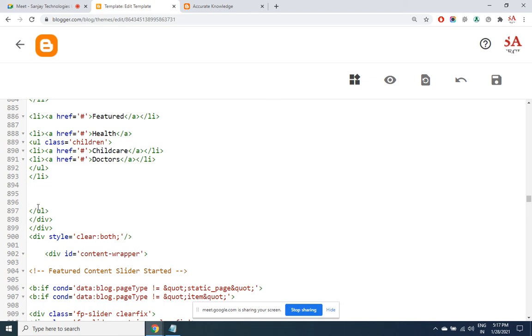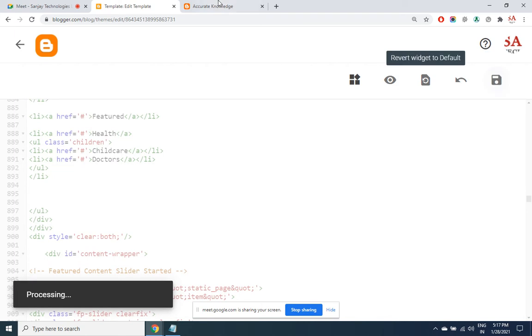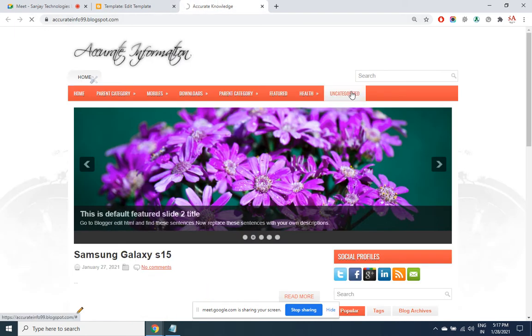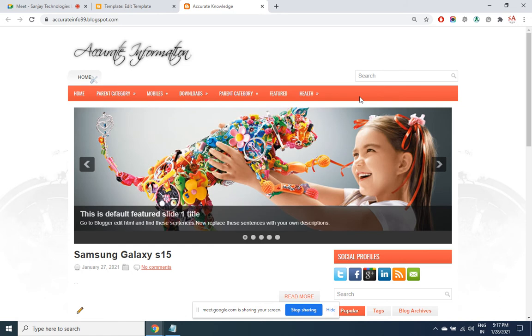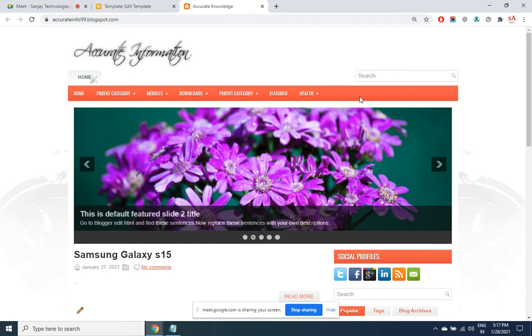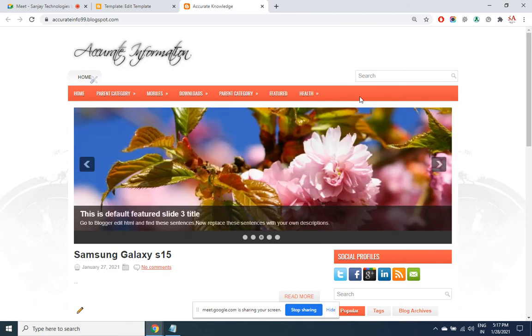And do not worry about any syntax error that you may get. You can always undo it, and you can always replace the code with the file that we got yesterday. Whatever zip file you downloaded, the XML file is always present there. And even if there is any syntax error, you will not be able to save it. It will automatically revert to the previously saved version. Now this Uncategorized will not be shown. This is the way we delete a menu item. So hope all the operations are clear for the menu: how to add, how to edit, how to delete.